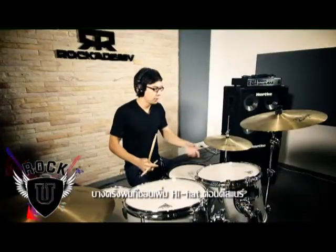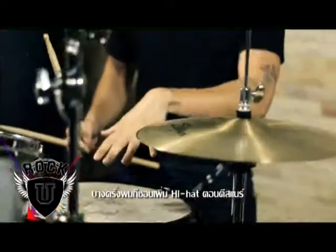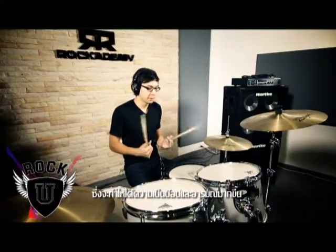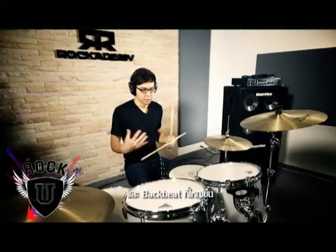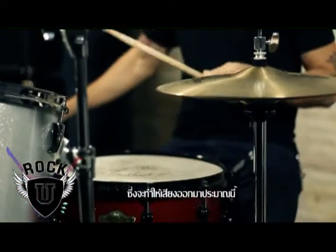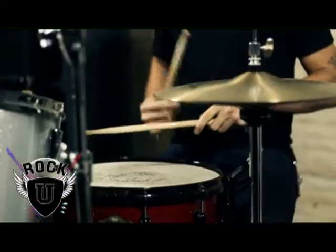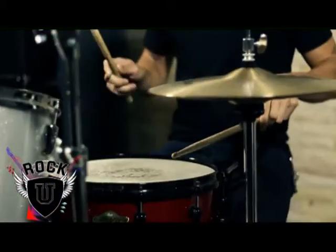And then sometimes what I like to do, I like to add the hi-hat with the upbeat accent on the snare drum to give it a little more pop and accent note feel, to give it a little more of a drive and a little bigger backbeat too. So that'll kind of sound like this with the hi-hat on the upbeats following the snare drum. 2, 3E and a 4E and a...